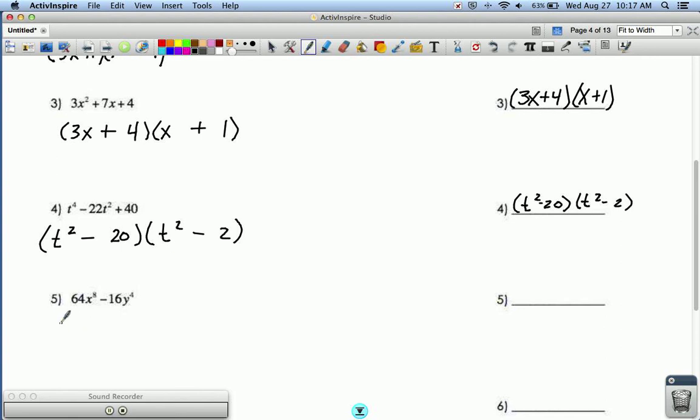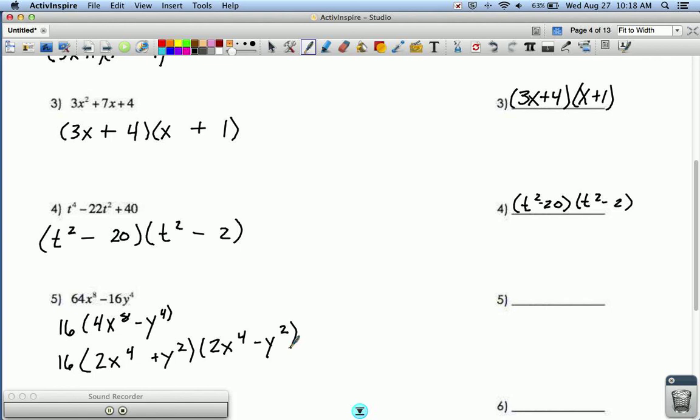Here it looks like 16 goes into each, so that gives me 4x to the 8th minus y to the 4th. 16, and now this is a difference of perfect squares. I can do 2x to the fourth plus y squared and 2x to the fourth minus y squared. Remember, when we are multiplying like exponents, we add those exponents. So x to the fourth times x to the fourth becomes x to the 4 plus 4, x to